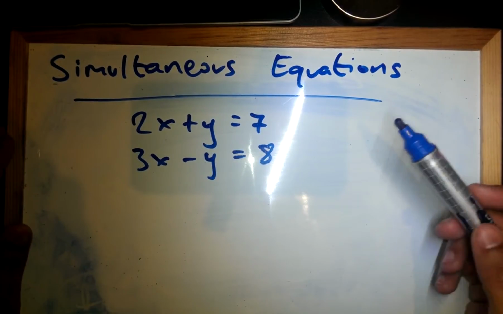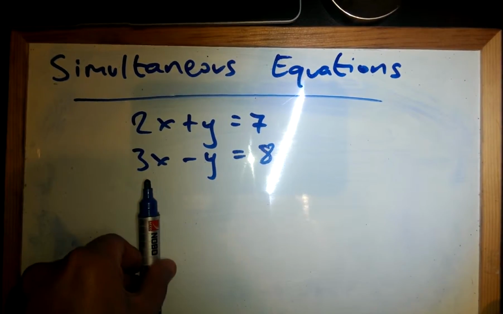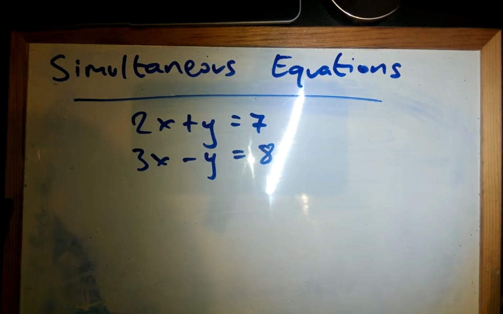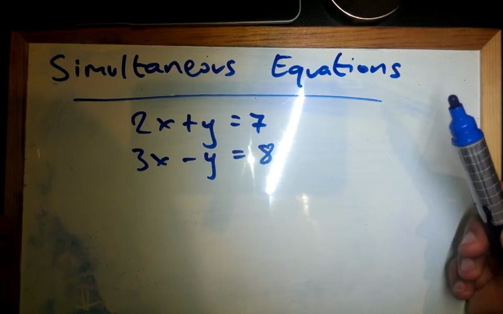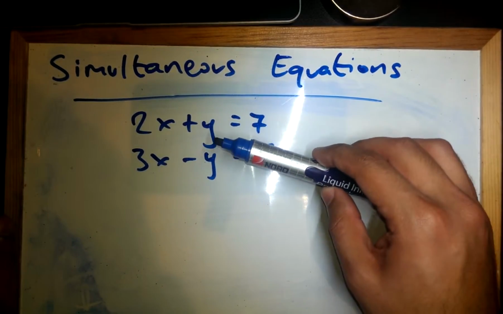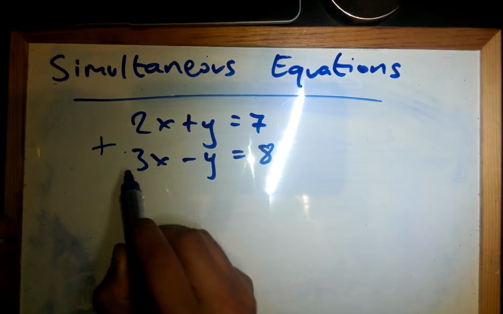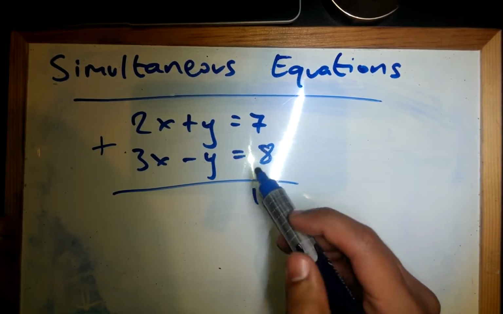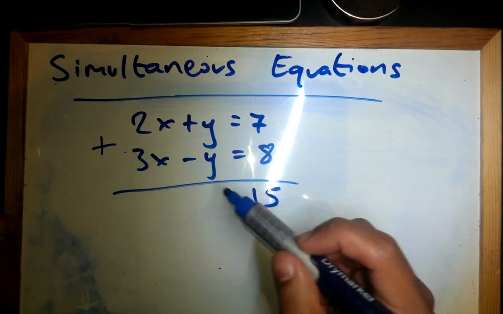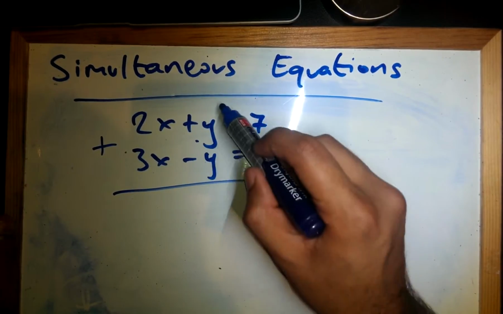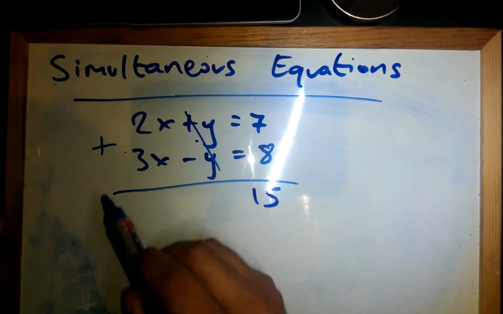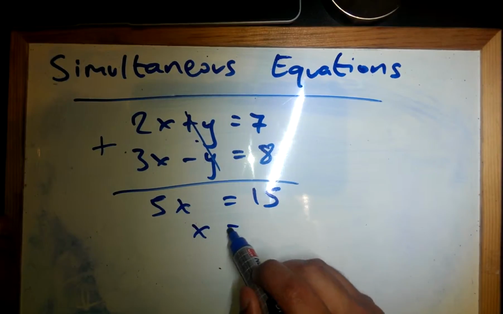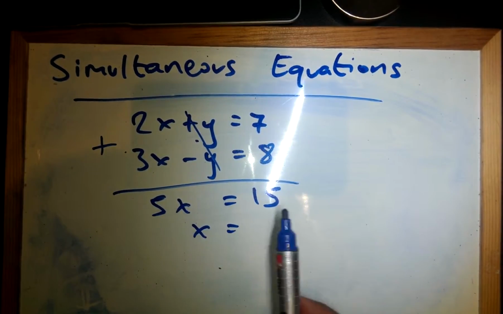So what we're going to do is line up these two. The x's are below each other, the y's are below each other, and the integers are below each other. Now, you want to manipulate this so that if you just add the two equations together, you get something like 15, and one of these variables cancels out. So a plus y and a minus y cancel out. 2x plus 3x is 5x. 5x equals 15. Divided by 5 on both sides,